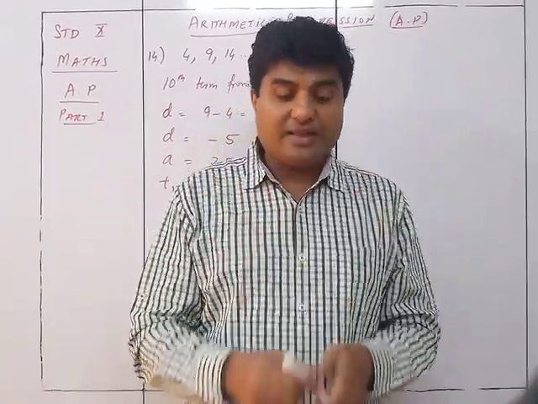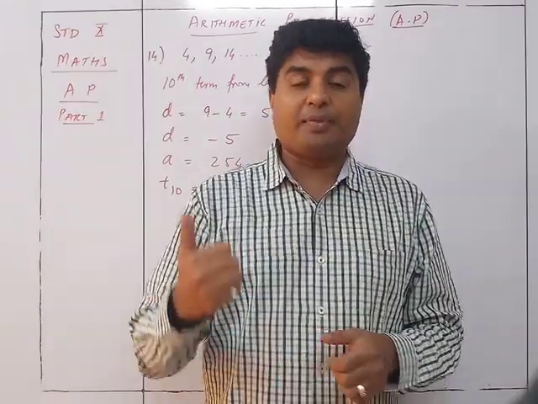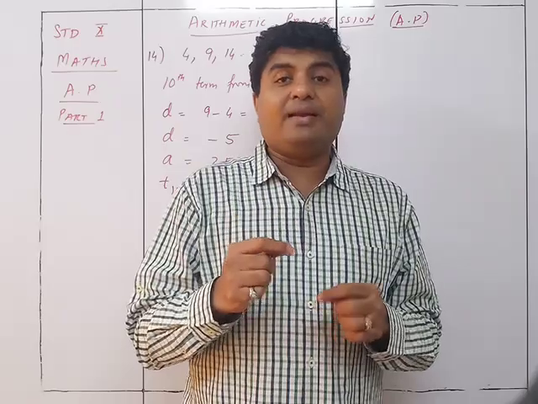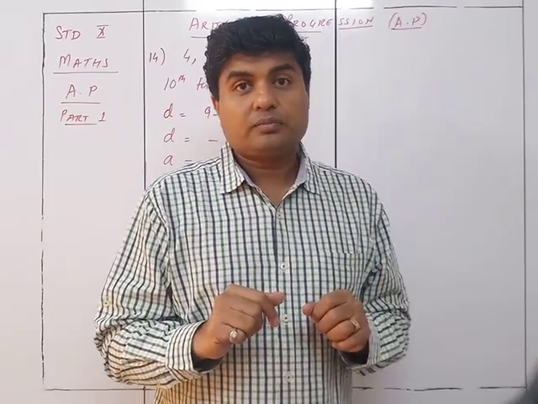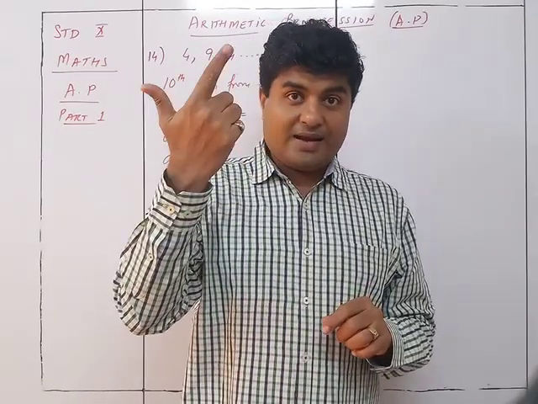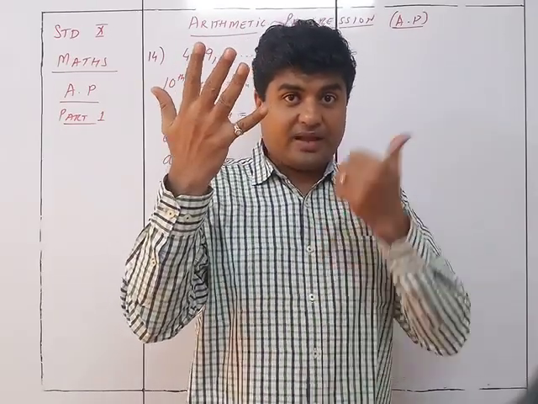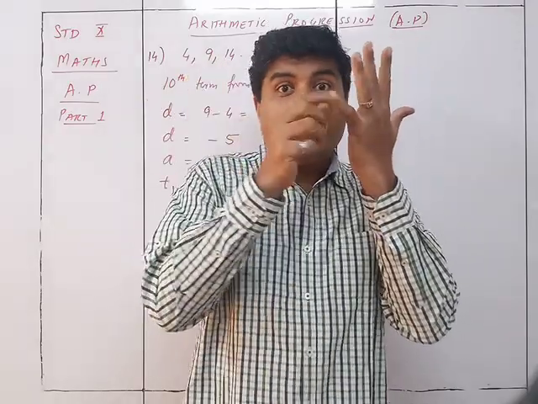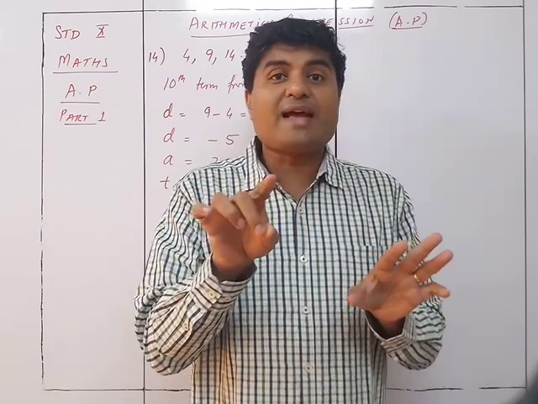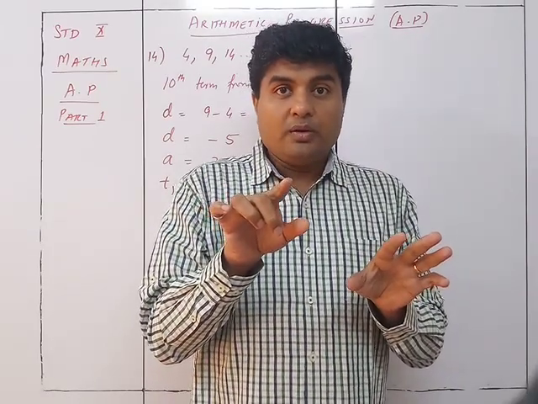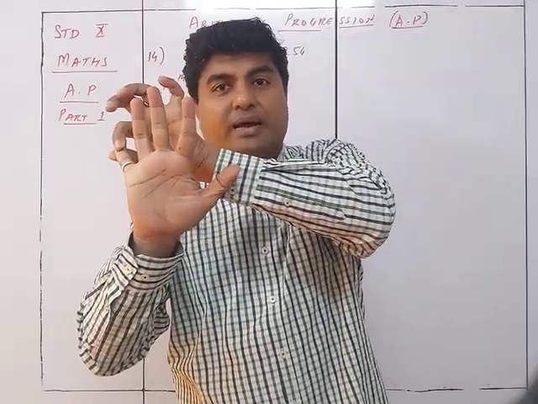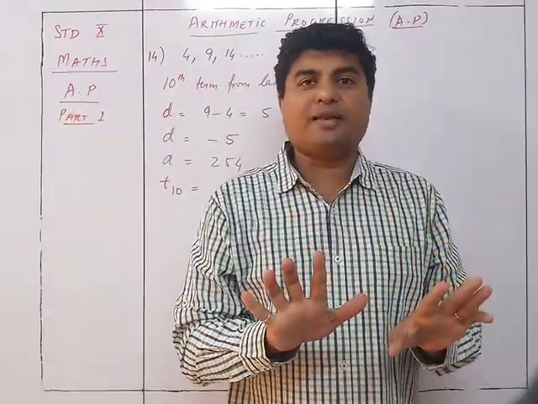Because whenever I look at the 10th term from behind, suppose we are starting from 100, is the 10th term from behind 90 or 91? It is 91. So 100, 99, 98, 97, 96, 95, 94, 93, 92, 91 is the 10th term from behind. So subtracting 10 will not work. That's why it is better that I take it this way. 100 is my first number, and taking 10 terms, I directly get the 10th term.